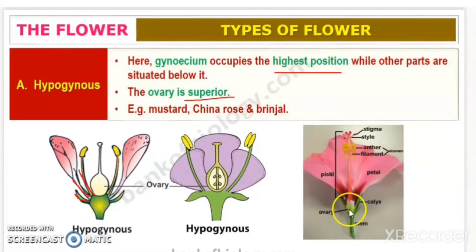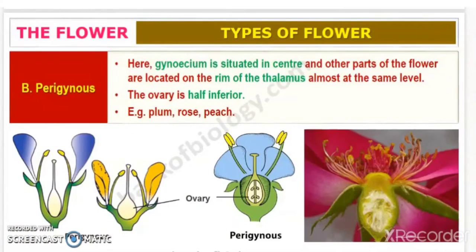You can see in the picture, this is the ovary. You can see the other parts like the calyx, corolla, everything arises from the part below the gynecium. Okay, now let us move on to the next type. Children, now let us learn about the next type, which is called